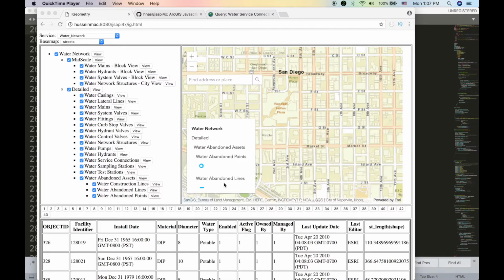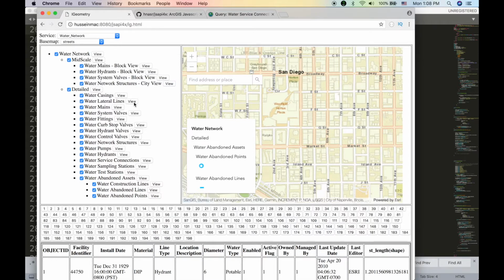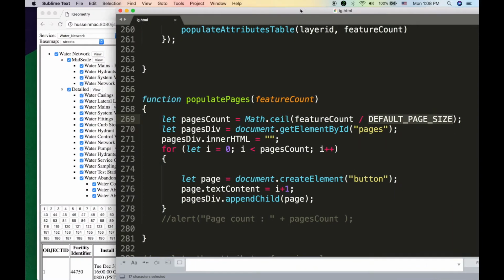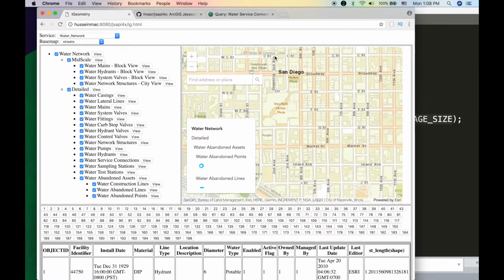So we have a huge amount of rows to display, and the best way to do it is actually to break them down into what we call pages. What we have here is a set of layers, and if you click on that, we determine how many pages based on a fixed page size that I think is hard coded here, the default page size. All right, so next, what we're gonna do is when I click on